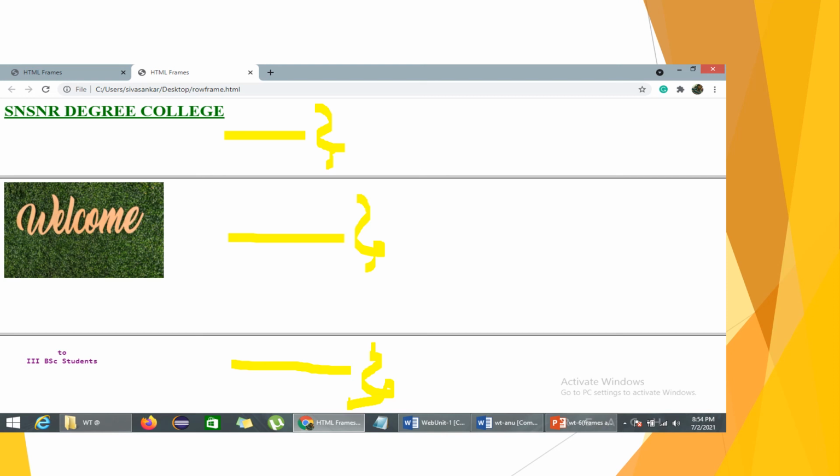Now I want to display these three documents or three sections vertically, means SNSN degree college will display here, image will display here, third BSc students will display here. For this what we have to do, just change the frameset tag rows attribute into the columns attribute. Simple thing. Then these three frames or documents will display in vertical frames.